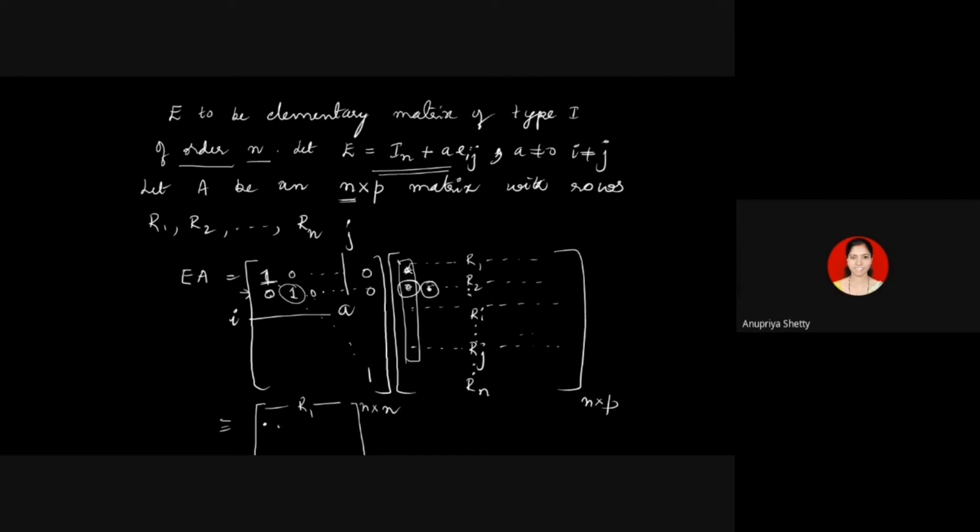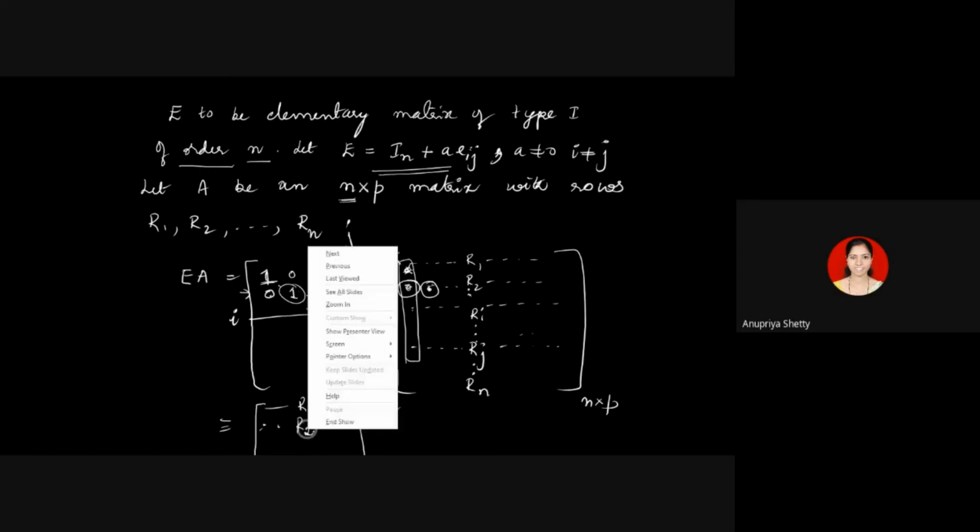So can somebody tell me what is going to be the second row of E into A? It's the similar idea as we had for the first one. What is the second row of the product? R2. R2 itself. You will get the same row of A. So the same happens with each of the other rows except for the ith row. Okay, the ith row is slightly different. Rest everything will have 1 present in the diagonal position and rest everything is 0. So you will get back the same rows in the product also. R2 will appear here. This is R2.